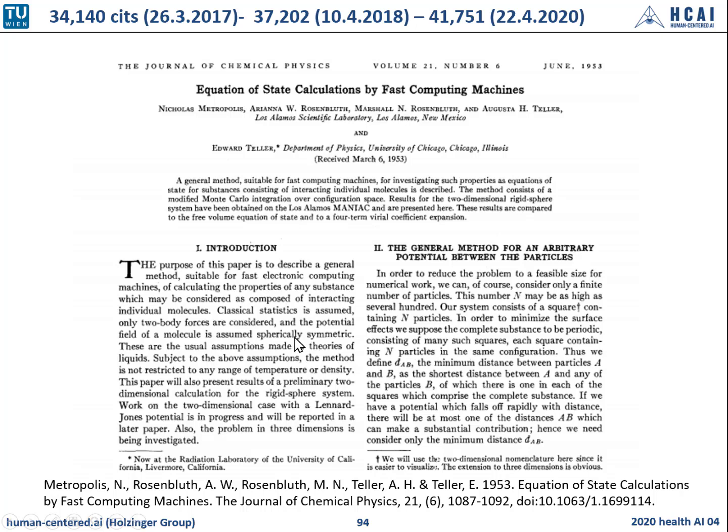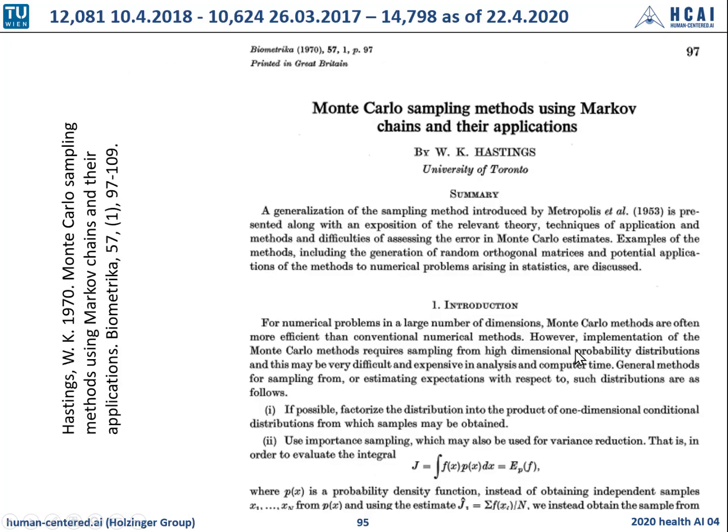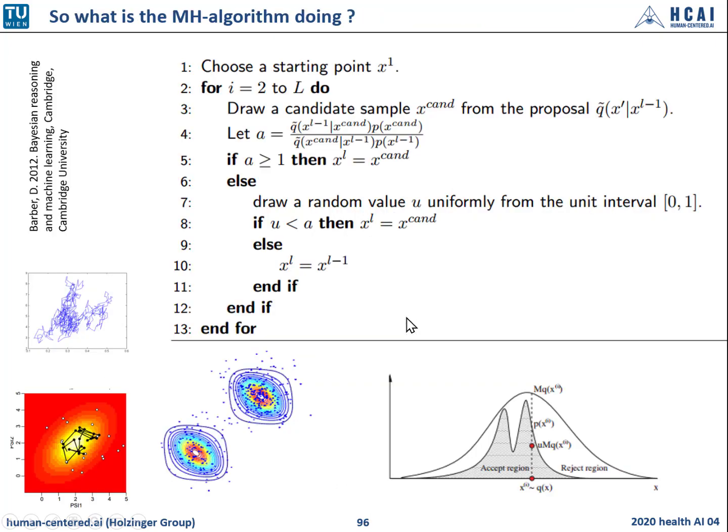So I shouldn't show it to you, because you should not be motivated to write sloppily without any citations. And for the sake of completeness, I show you the paper of Hastings from 1970. This is the generalization, Monte Carlo sampling methods using Markov chains and their applications. So this is a very good summarization of all this before. And so what is this Metropolis-Hastings algorithm then doing? I can imagine that you are most anxious to know what this famous MH algorithm does.